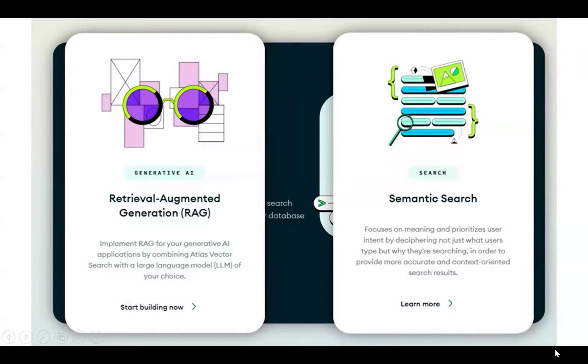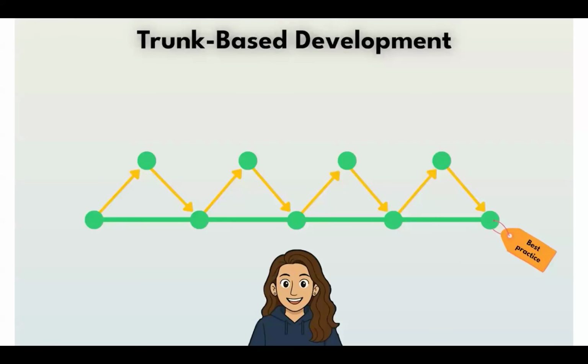Okay, this is the RAG. The RAG model is basically derived from AI. And this is semantic search, which is also derived from AI. So if anything is related to AI, the GitHub workflow won't work well over there. For that purpose, trunk-based development comes into the picture,